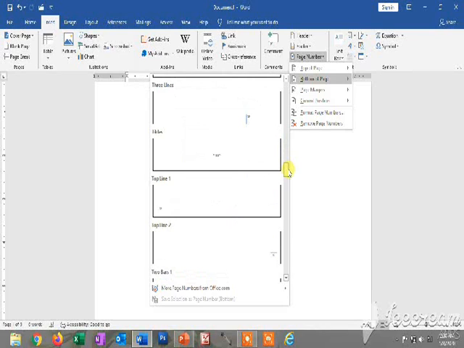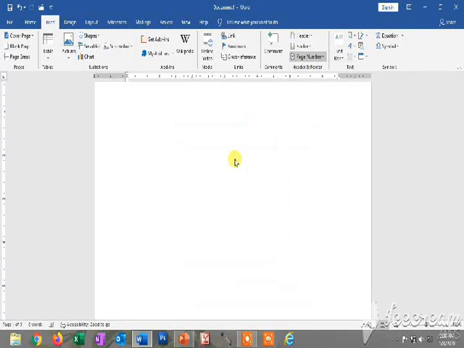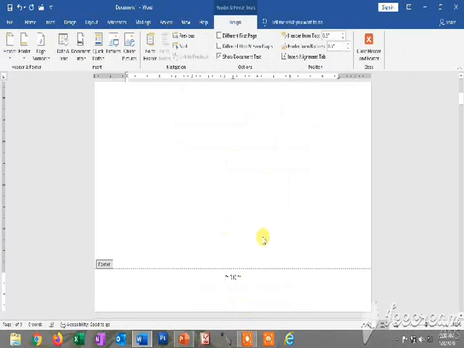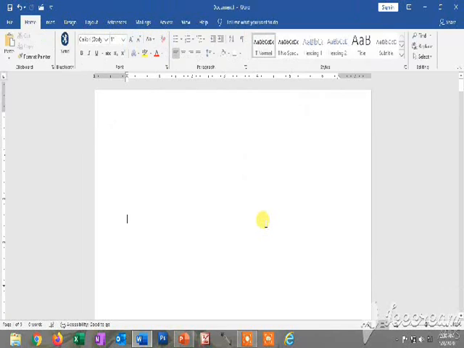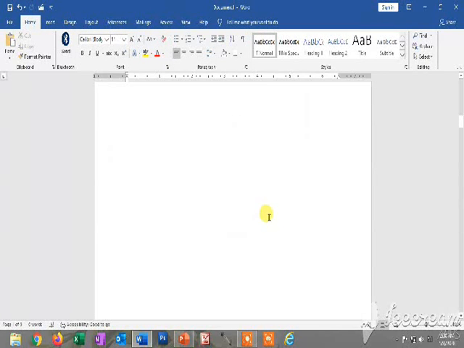Suppose you want to insert like this. So look, this page number 10, 11. You are thinking why does it come only for 10?